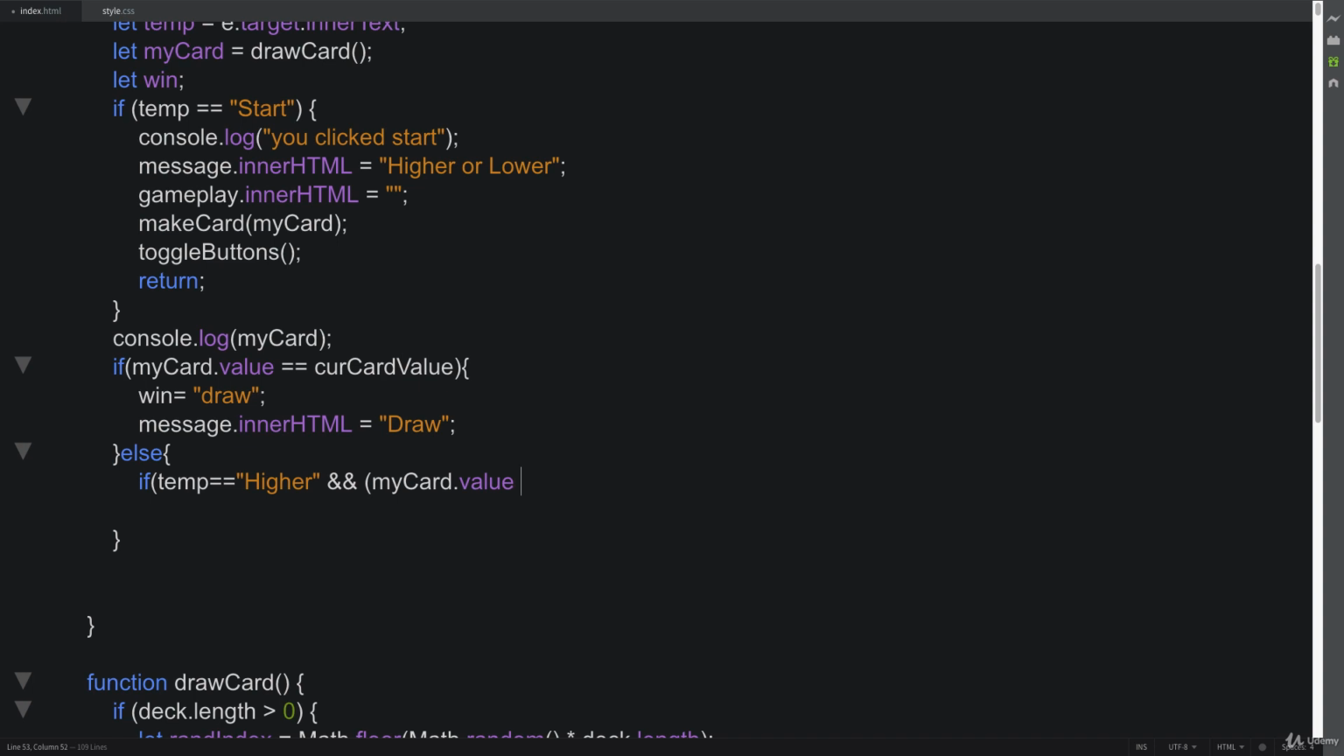So remember, this is the one that the player can't currently see, and the current card value is the one that the player can see. So we're checking to see if this is greater than that value, then we know that we have a win. We also have another win condition, and that's if temp is equal to